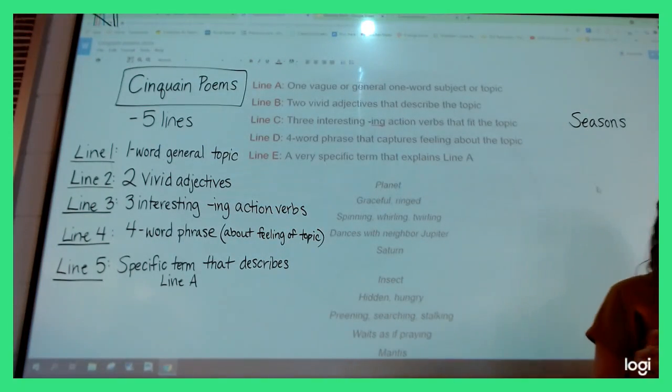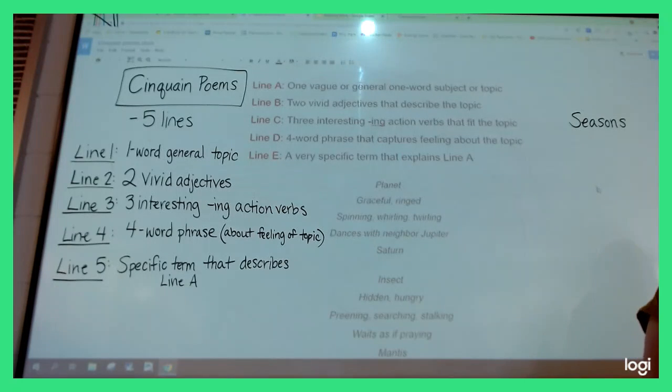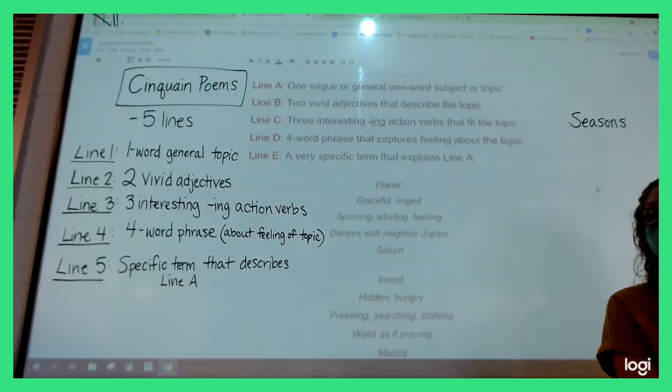In a notebook? Okay, I just said all the directions. I said you may write it on your whiteboards if you prefer. You may write it in your notebook if you would prefer. Please listen to directions. I'm only going to wait about 15 seconds because I asked you to have your things ready.